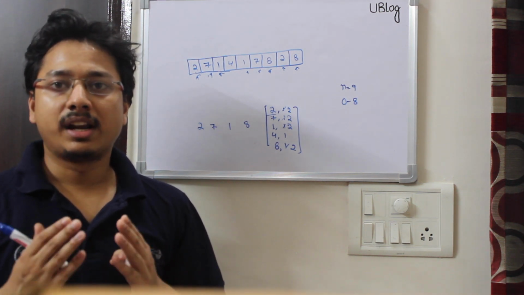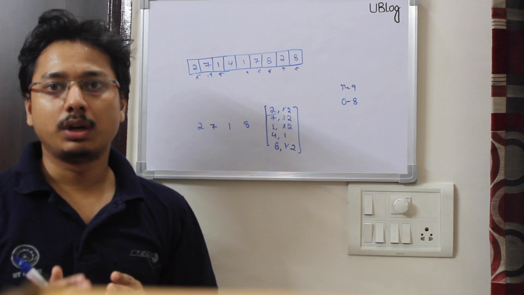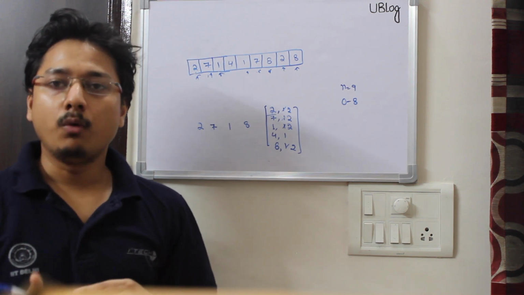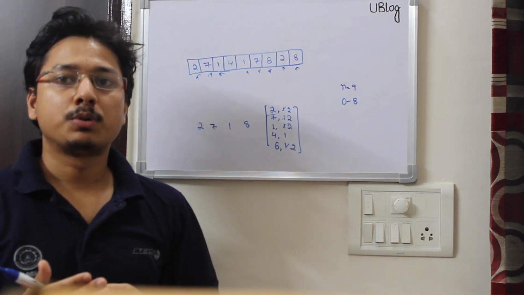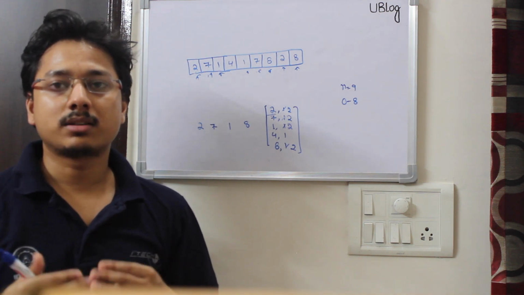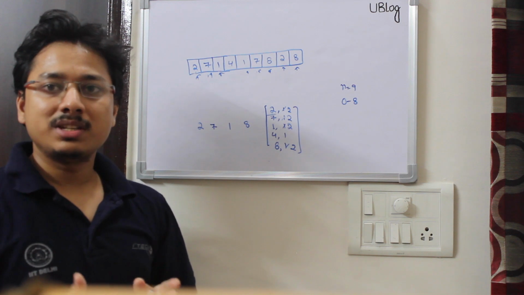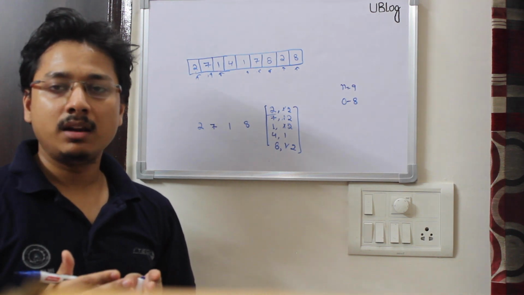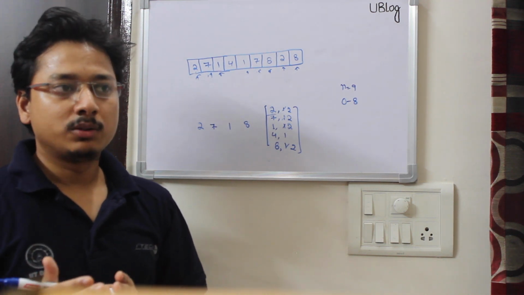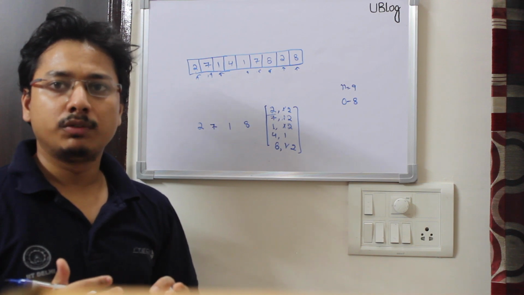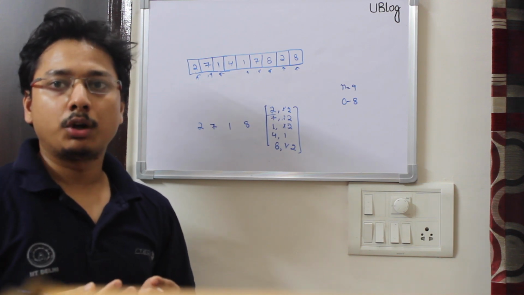But the interviewer has strictly directed us not to use the extra space. So how can we now proceed and solve the question without using the extra space? So let's see the uniqueness in the question. The question says the elements which can be present in the array range from 0 to n minus 1. So let's see if we can use this property of the question and try not to use the extra space.